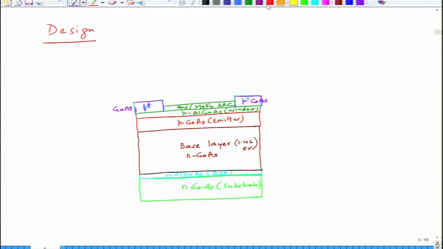And then we have on top the front contact. So, this is again the front contact, which is generally an alloy of AgMnNiAu,